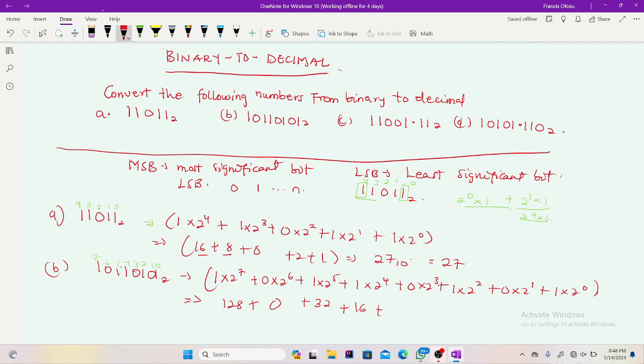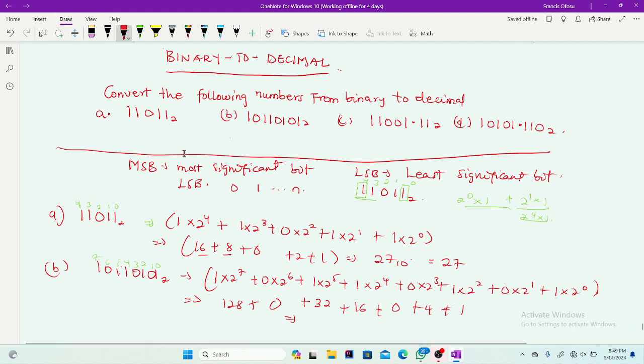Then obviously 2 to the power 3 times 0 will be 0. Then plus 2 to the power 2 times 1, which is 4. Then 0 here will be 0. 0 times 2 to the power 1 is 0. Then 1 times 2 to the power 0 is 1, so 1. So obviously we are getting 4 plus 16 is 20. We are getting 42, right? 42. Then there's 1. So 42 plus this, we are getting 100, and so that will give us,